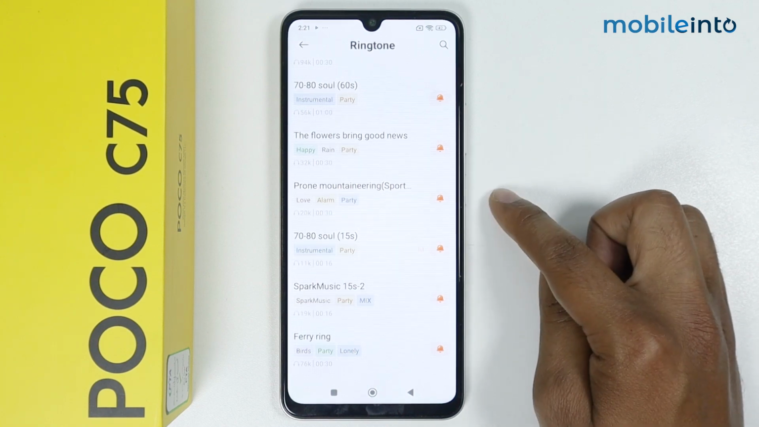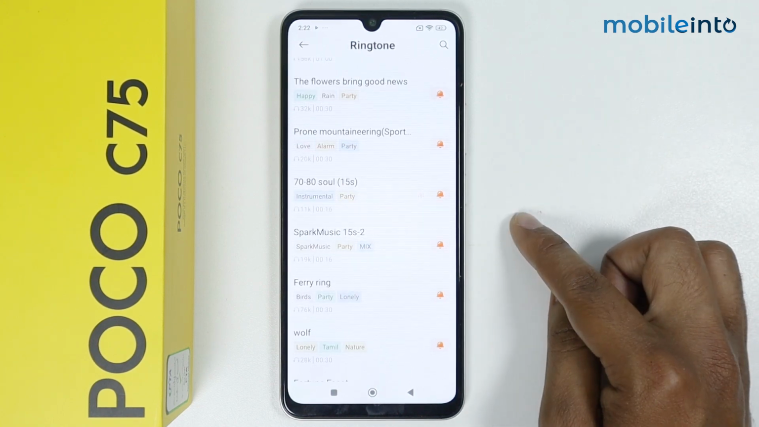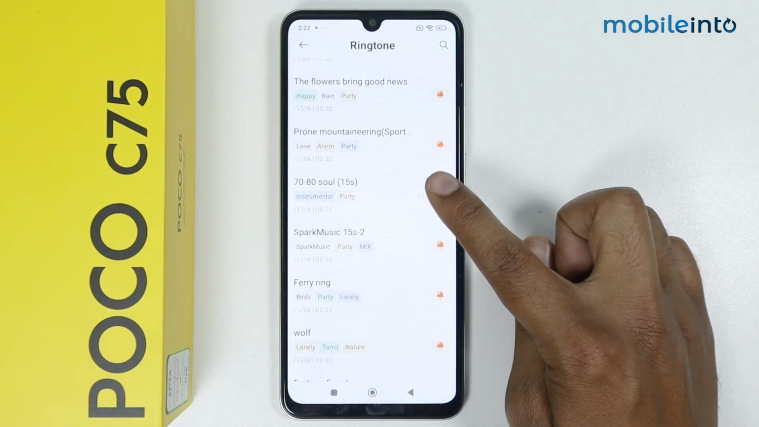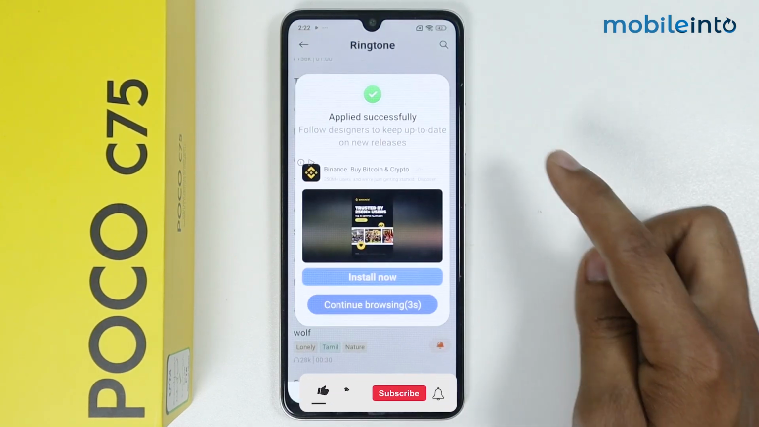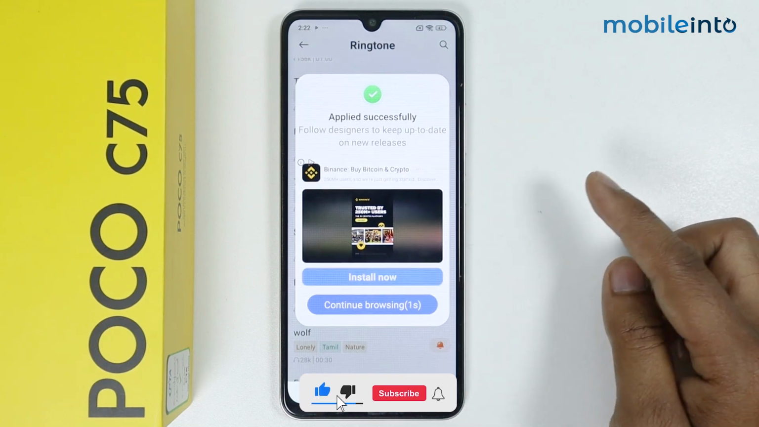This ringtone is good. Now if you want to select the ringtone from here, then simply tap on the bell icon, tap on OK. As you can see, my ringtone is applied successfully. Now I will simply go back